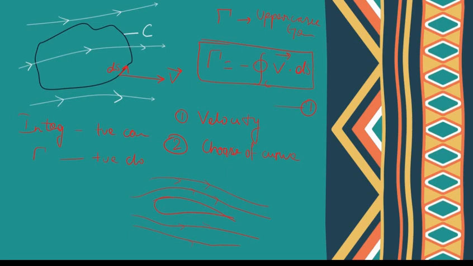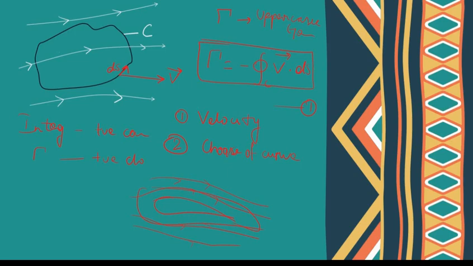So, when the airfoil is generating lift, the circulation that you take around this airfoil, around any closed curve enclosing the airfoil, will give a finite value. But it is not necessary that the fluid elements are moving in a circular fashion around the airfoil. It is just that when you enclose the airfoil with a curve, the value of circulation should be finite. This will indicate that there is circulation in the flow and the airfoil is generating lift.